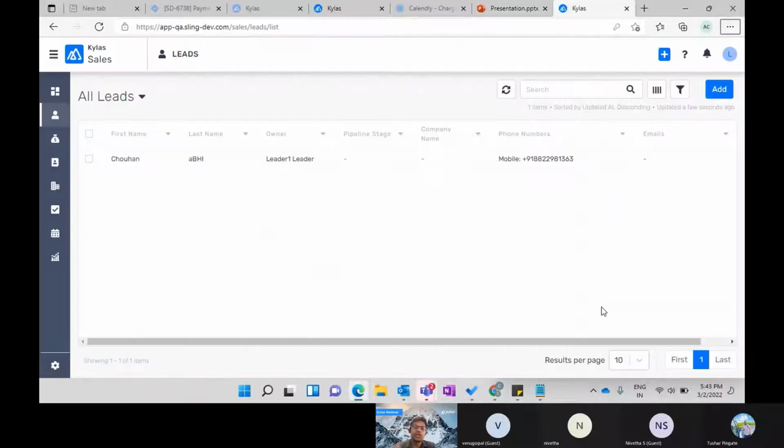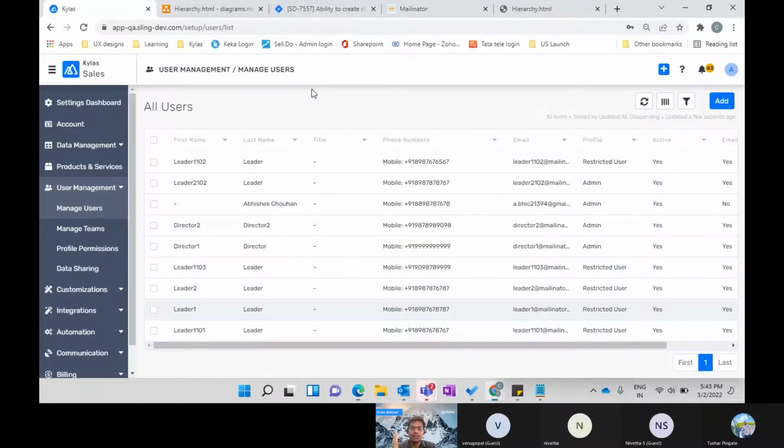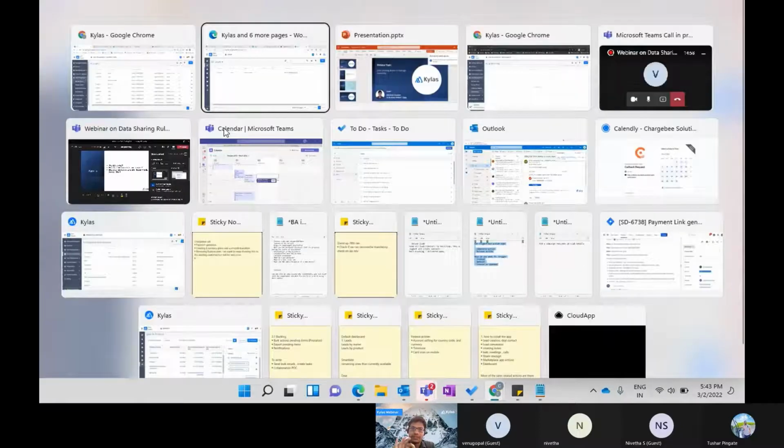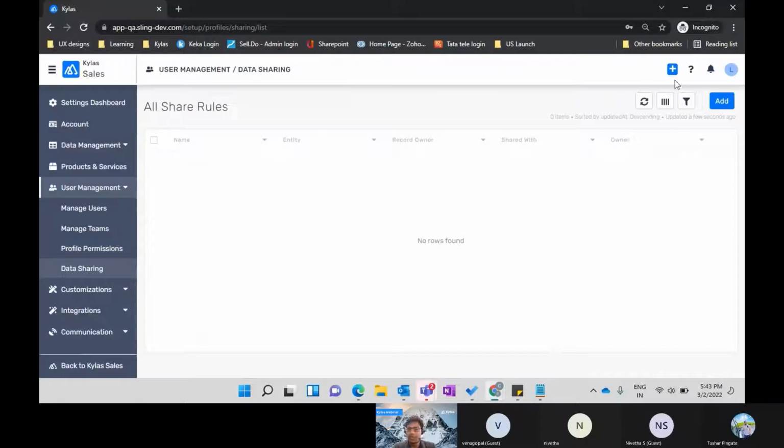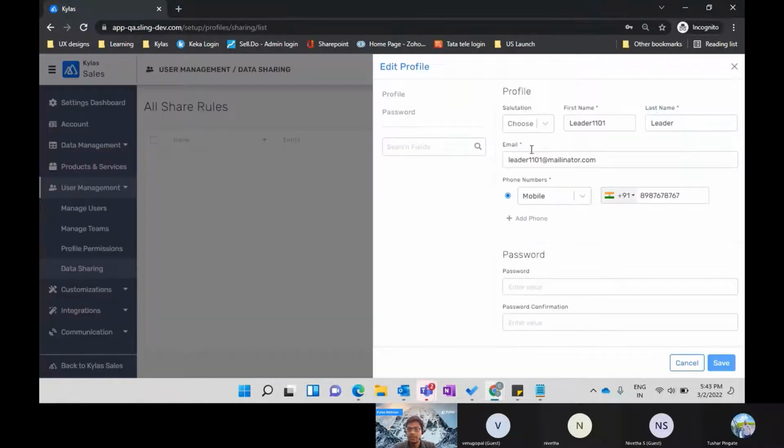Okay. So far, in order to recap, Abhishek Chauhan is able to see all records. Leader 1101 is able to see leader 1101's record. Leader 1 is able to see leader 1's record. Now our agenda is that leader 1 should be able to see leader 1101's record as well. Okay. So for that, what we will do is we will log into leader 1101's profile, which is the direct